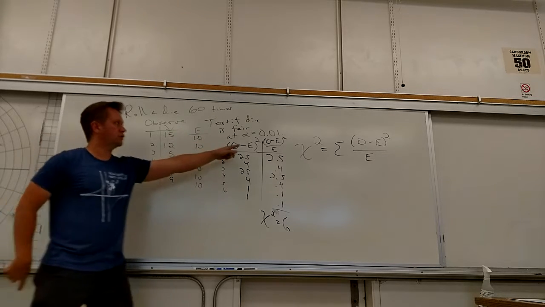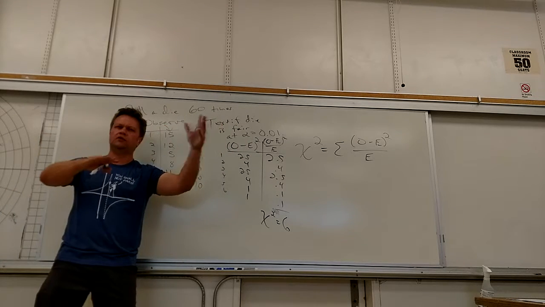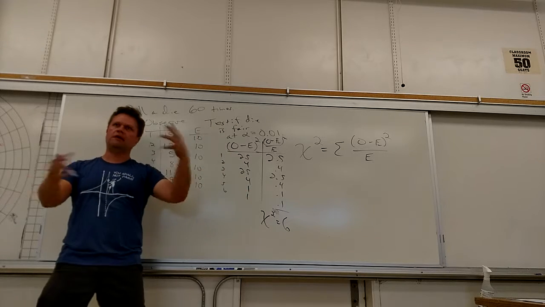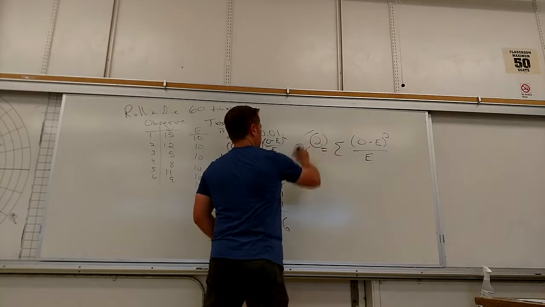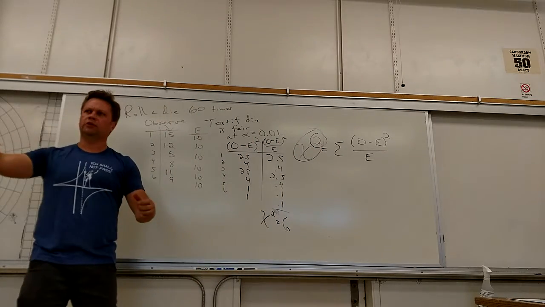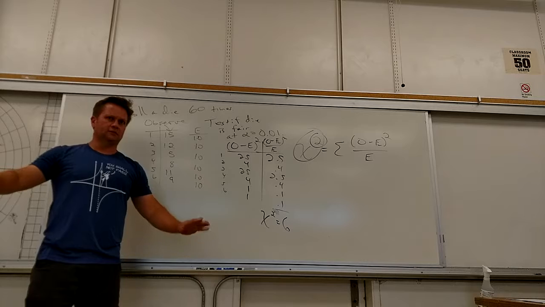And of course, that's why we square it, for the same reason we had to square standard deviation. Because some of these are going to be negative, some are going to be positive, so I've got to square it just to do that. That's why this symbol has a square on it. Don't take the square root at the end. Don't do that. Okay.